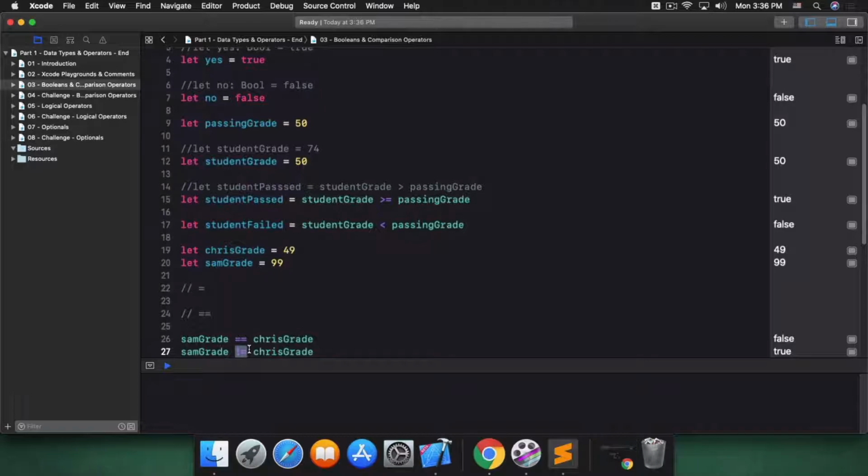Now, Swift can also compare things besides numbers, including strings. So let's declare two constants, cat name, which takes the value of Ozma, and dog name, which takes the value of Mango.